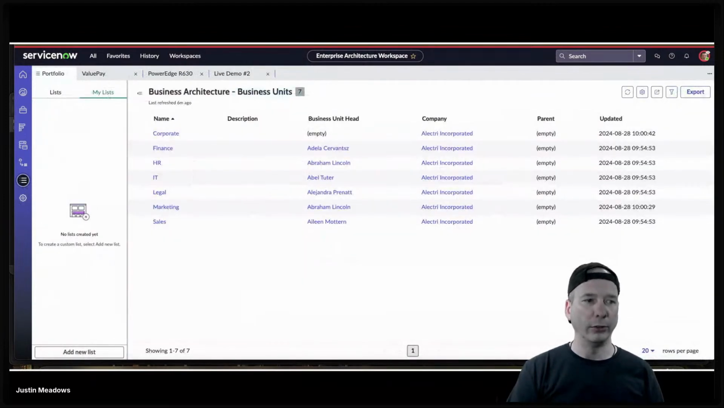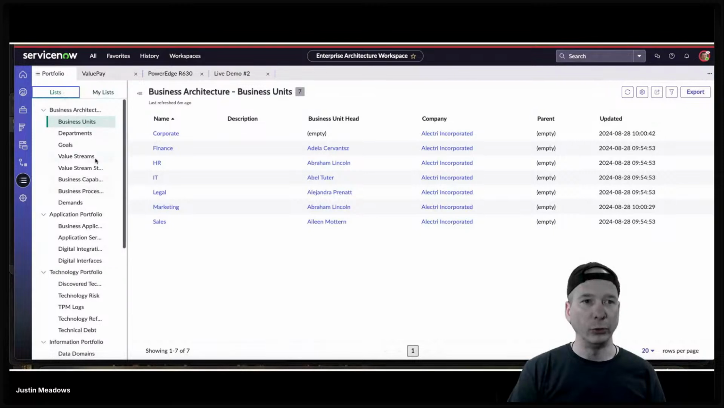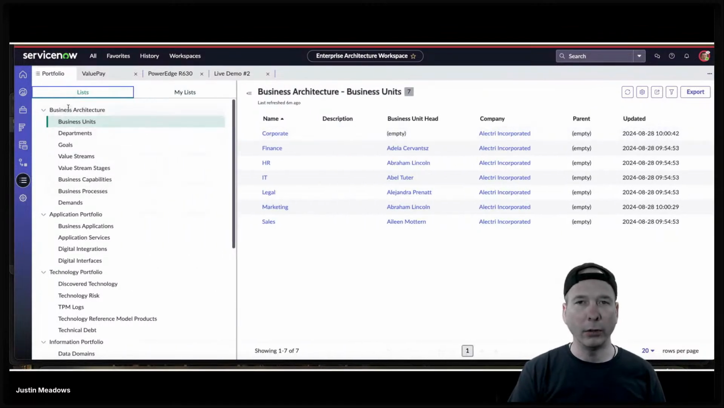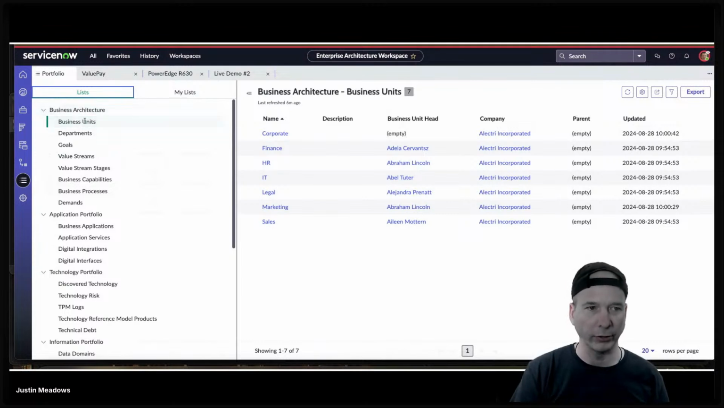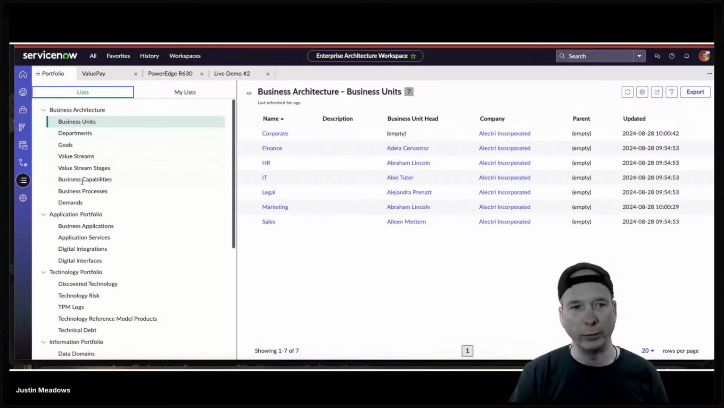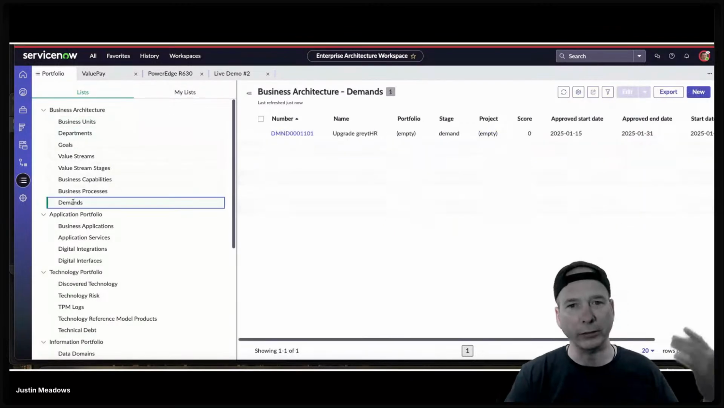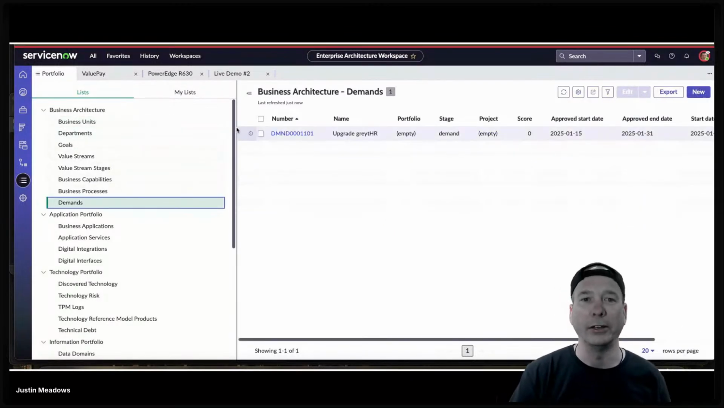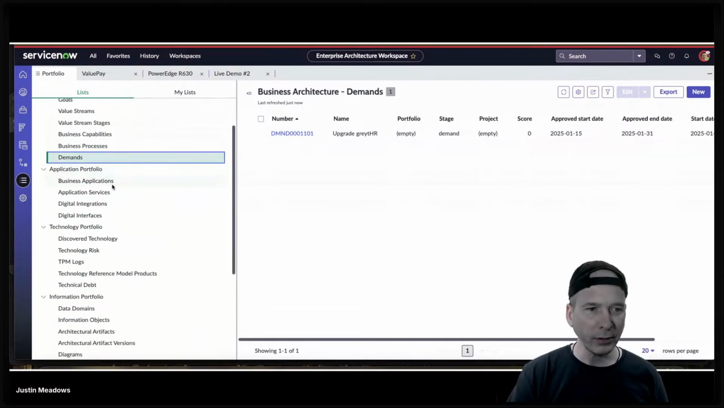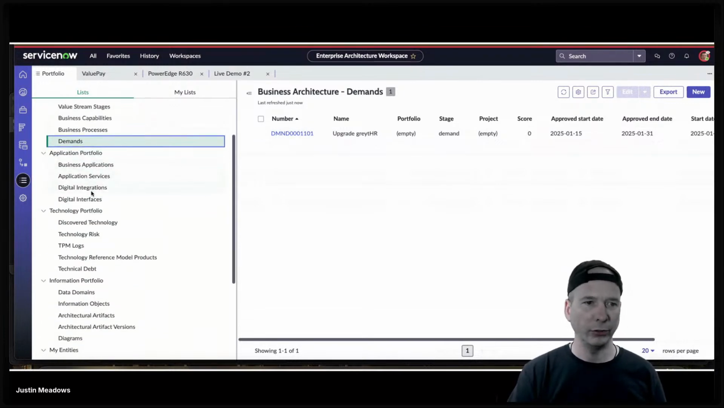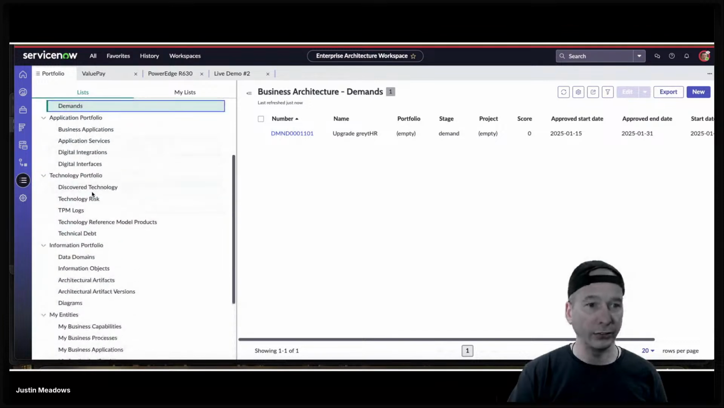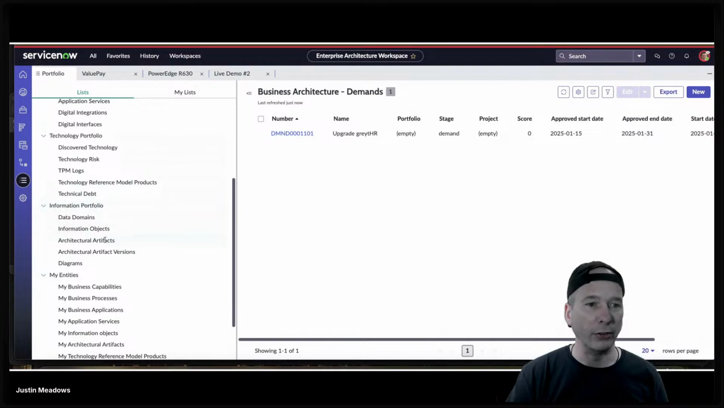The last piece I had here was the list view, which is common in all workspaces, to see all the different stuff that makes up enterprise architecture: business units, departments, goals, value streams, capabilities, demands. Oh, there are the demands I was looking for earlier. So that's how I can get back to the demand that I created. Business applications, app services, digital integrations, discovered technology, technology risk, TPM logs, and then the information portfolio, which I didn't